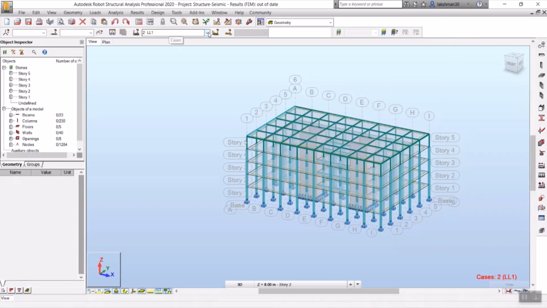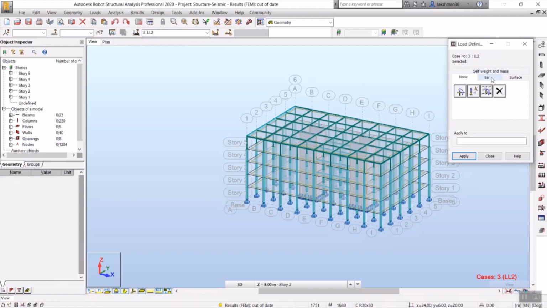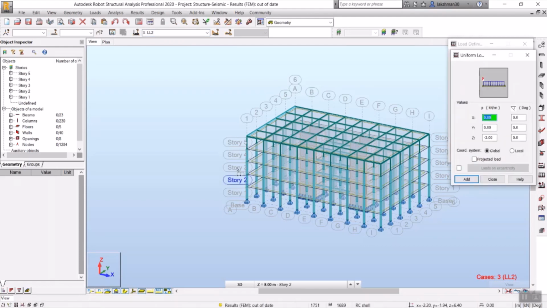Now I'm going to apply a load for the LL2 case. Again selecting LL2 here, then coming back to load definition. Again I'm going to add a bar load, and I'm going to add a UDL load. I'm going to add a load for my column. On which side am I going to add the load? In the X direction, right?